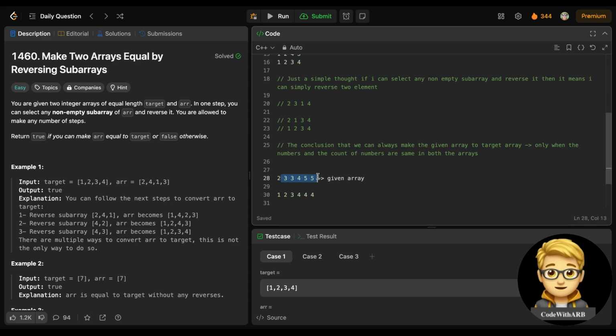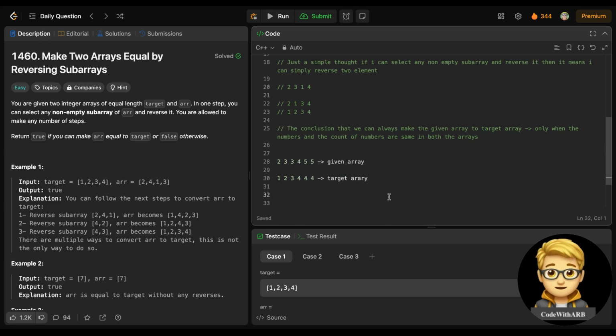If you arrange it any way, you cannot make this array into the target array, because we don't have one in this given array. We don't have the count of 4 as 3 in the target array. We don't have a count of 3 as 2 in the count array. So we will not be able to convert the given array to the target array